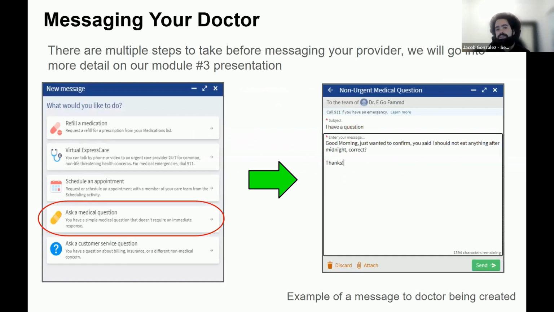We're actually going to be getting into more details on the 3rd module because there is a bit more steps involved here, but we're going to show you the first image. Whenever you press that message button, the image on the left is what you're first going to see, and then the image on the right is what's going to be shown when you're actually composing the message. So let's go back to the left side where it actually gives you a couple of options. It says, do you want to refill your medication? If you want to look for an urgent care, if you want to schedule an appointment,